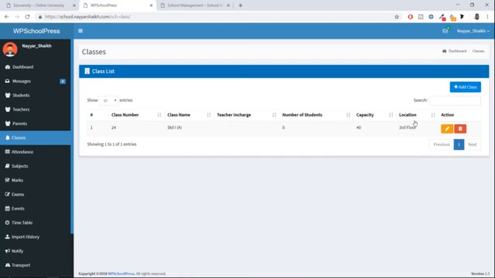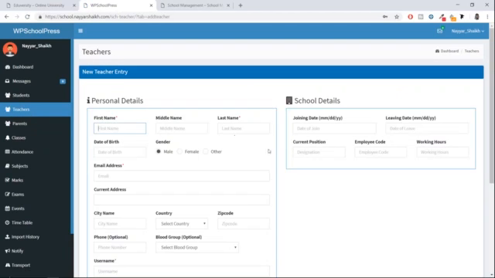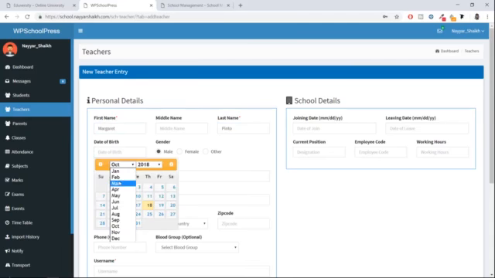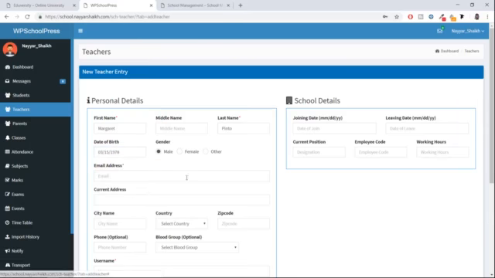Now first of all, let's create a teacher. So obviously you can simply click on teachers from the left hand side. Now let's click on add teacher. Now let me put in this name, Margaret Pinto. She was one of my favorite teachers, so I think I should mention her over here. First name Margaret, last name Pinto, and date of birth. Let me select March. I don't know, but I'm just selecting something over here. Okay, 1978, maybe 15th March.